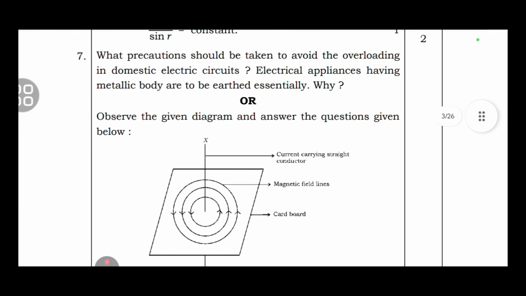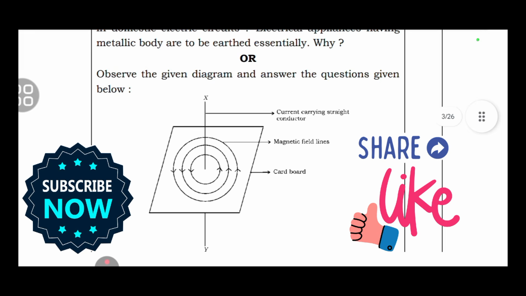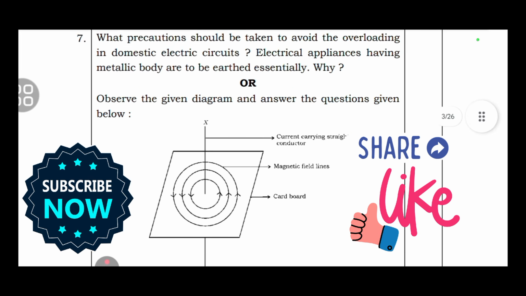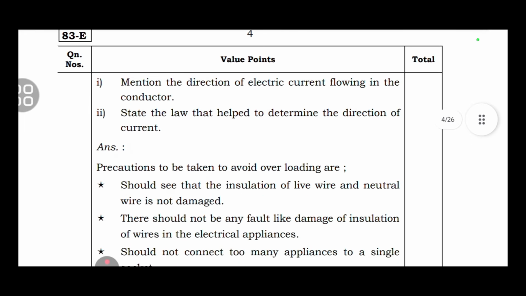Coming to the next question, what precautions should be taken to avoid overloading in domestic electric circuits? Electric appliances having a metallic body are to be earthed essentially. Here the or option is also there. Observe the given diagram and answer the questions given below. So coming to the seventh question, here the answer is the precautions that should be taken to avoid